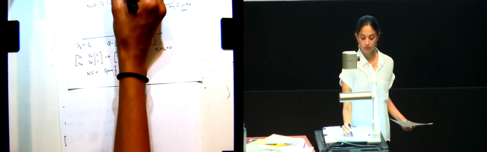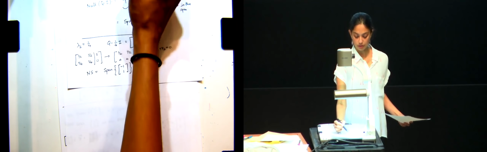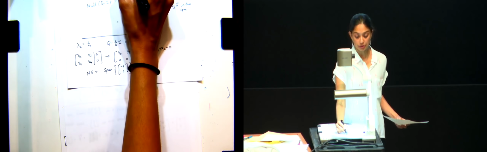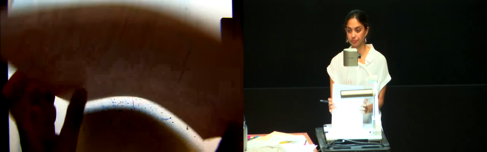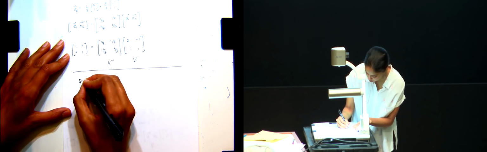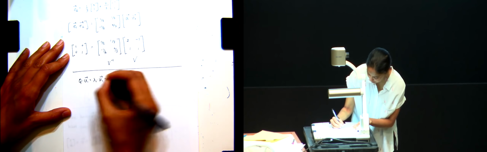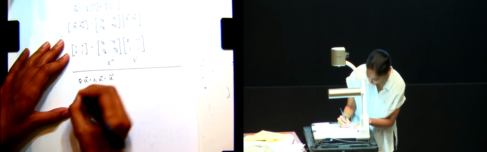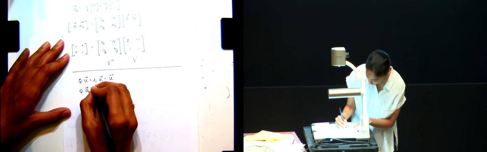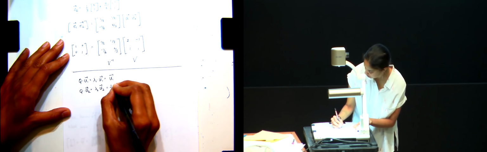But what about this guy? What happens when we have the second eigenvalue? What is the importance of this? What we're going to see here is how transient and steady state vectors actually behave. So I know now I have Q times V1 gives me lambda 1 times V1. In this case, lambda 1 is 1, so this is just V1. And I have Q times V2 gives me lambda 2 times V2, which is equal to 1/4 times V2.